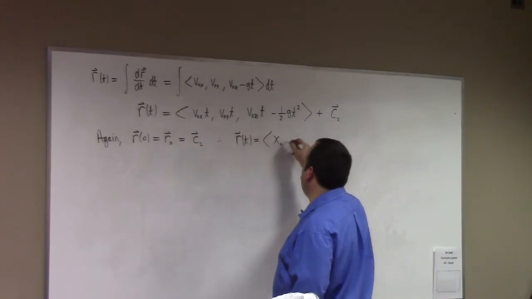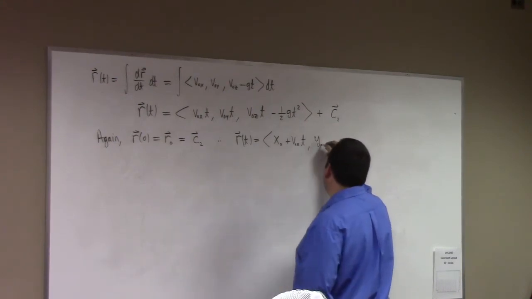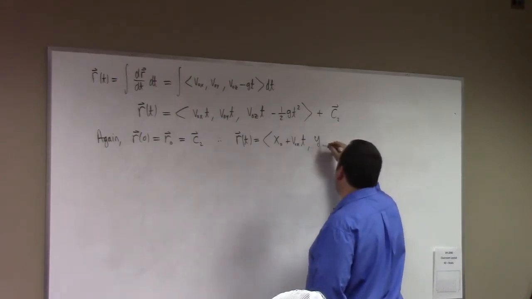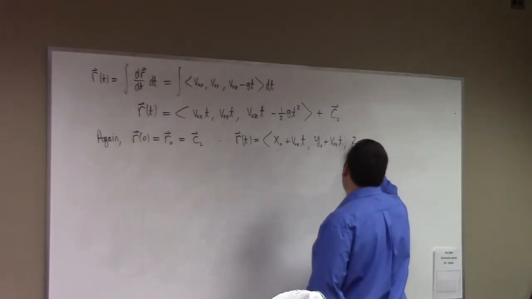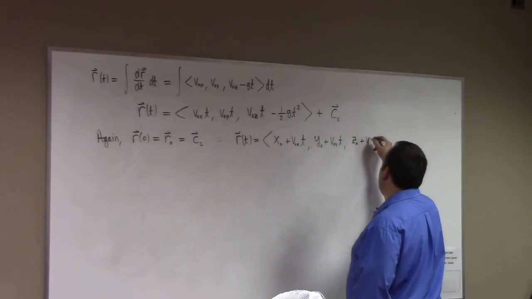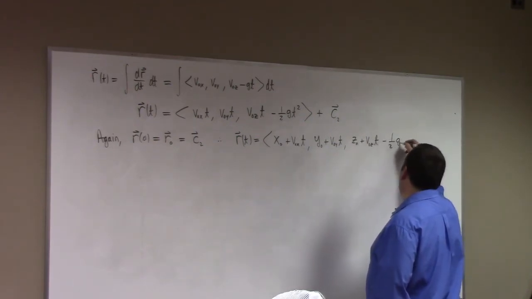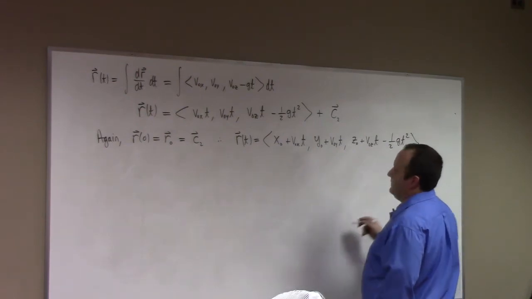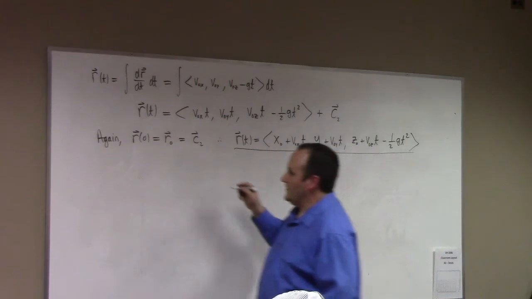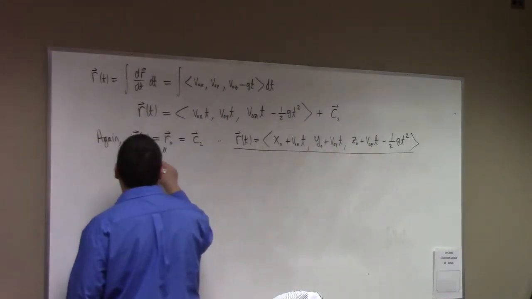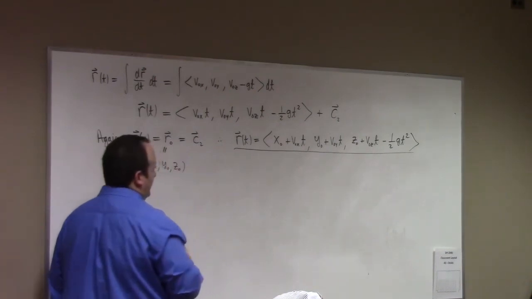so we have x naught plus v naught xt, y naught plus v naught yt, z naught plus v naught zt minus 1/2 gt squared. There's the position at time t, assuming, of course, that the initial position is x naught, y naught, z naught. I mean, y naught. Oh, I'm sorry, that was horrible. But